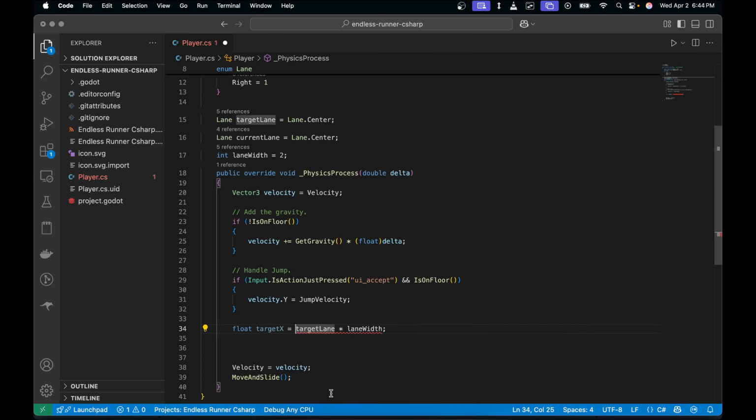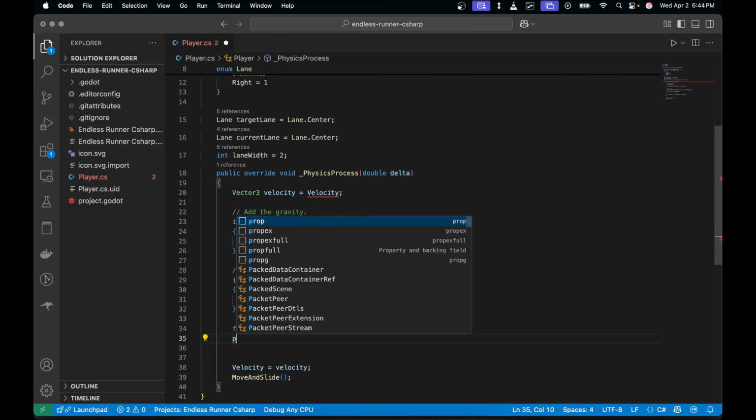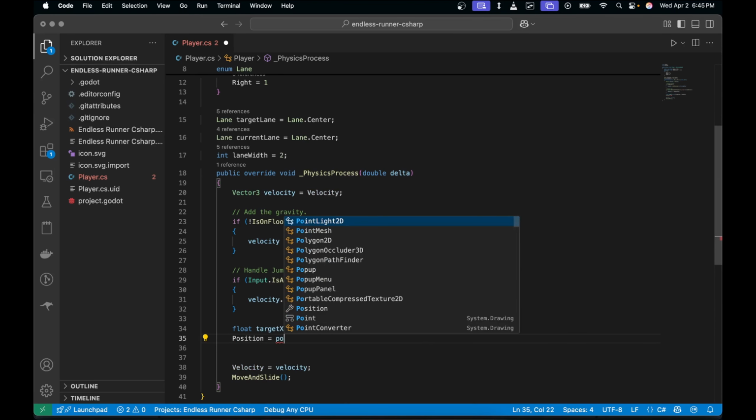And then we can cast this as an integer. So we'll do int like that. And that's going to force that enum to be an int. And the reason why is because we're doing this little multiplication here. So we kind of need to do some small adjustments to make it work. So then we need to basically move our player. So we'll say position equals position